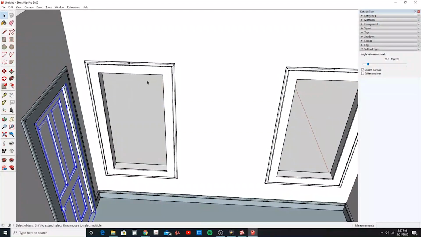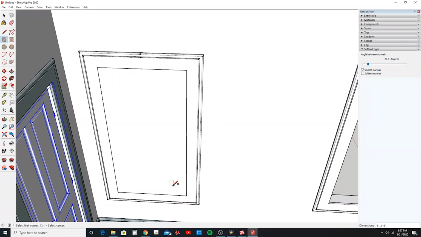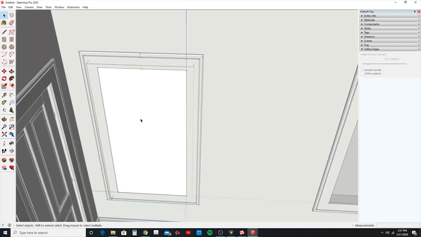So let's go ahead and first use the rectangle tool, and we will connect these 2 points to create a surface. Now let's use the select tool, double click, and right click and make this into a group. So now let's click in this group to activate it. Let's use the offset command, and let's offset this 1.5 inches, and let's use the push pull